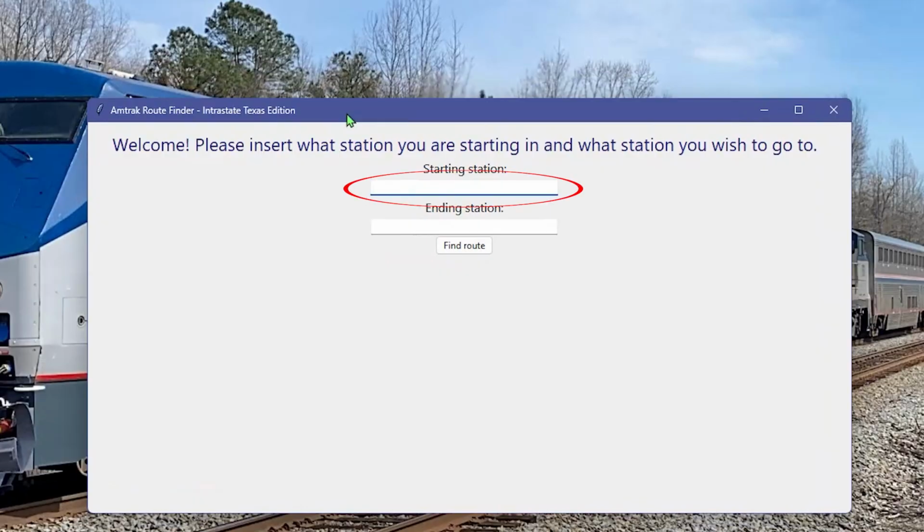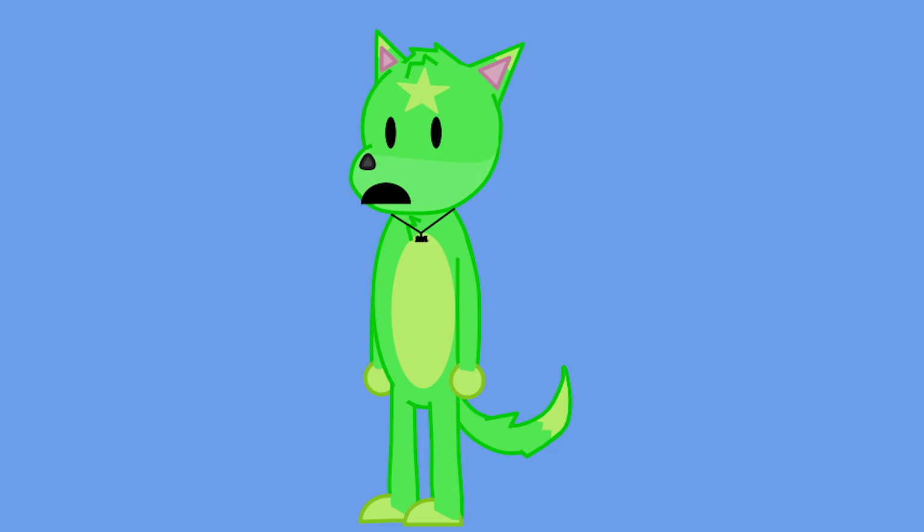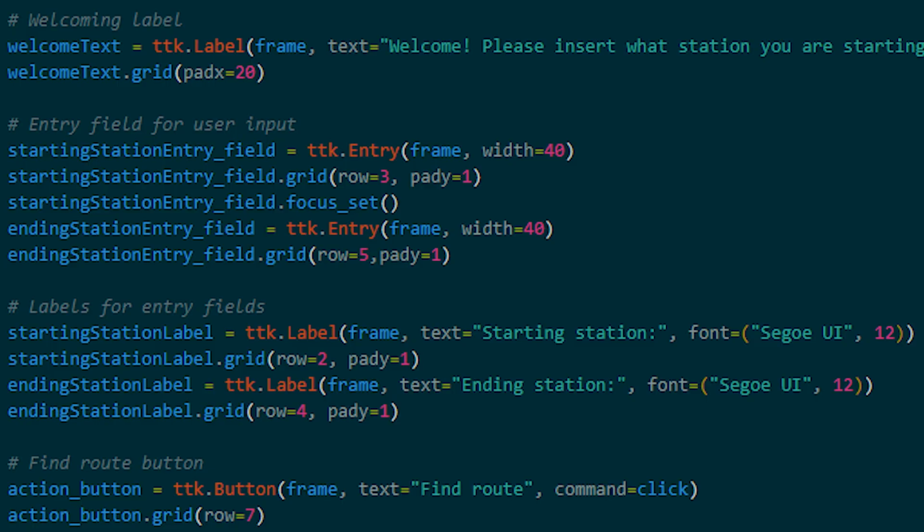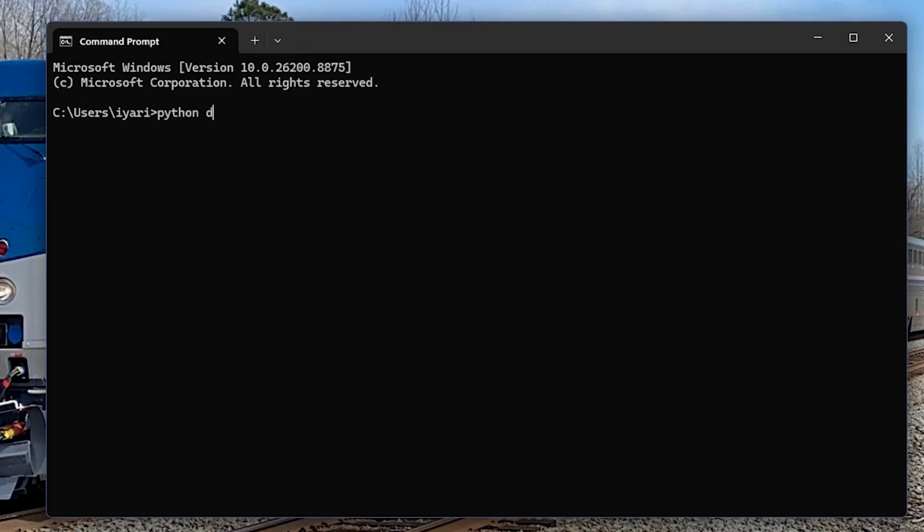So this is this, and this is that. And plus the labels that tell you what to put in each entry, so you don't get confused on where to put where you're at and where you want to go. And a little fun fact is that focus set makes it so that when you open the program at first,